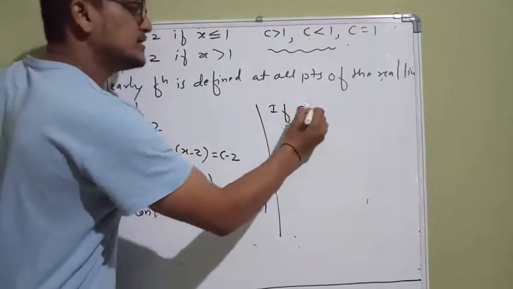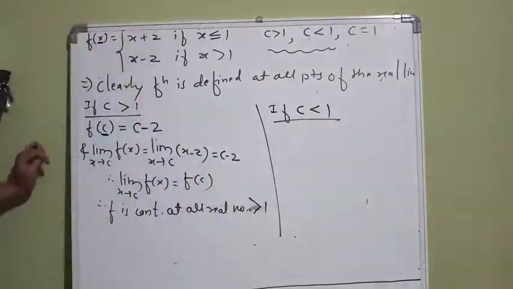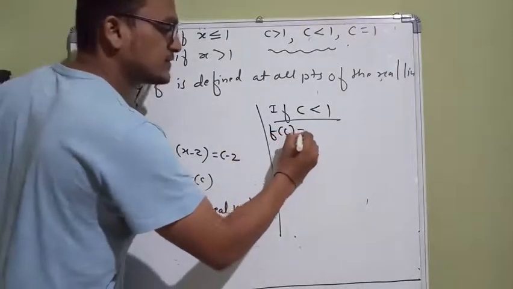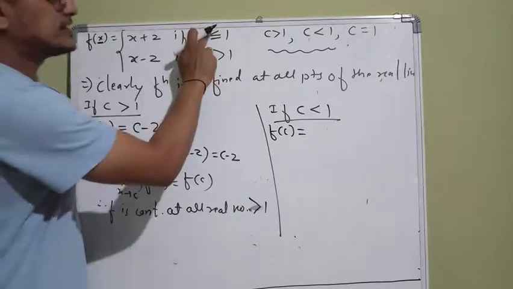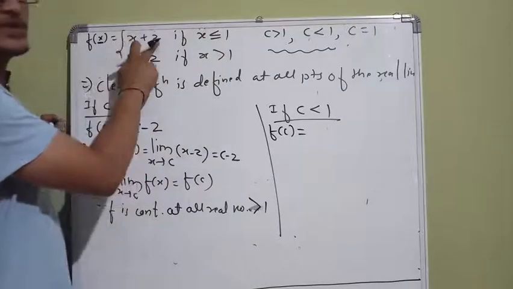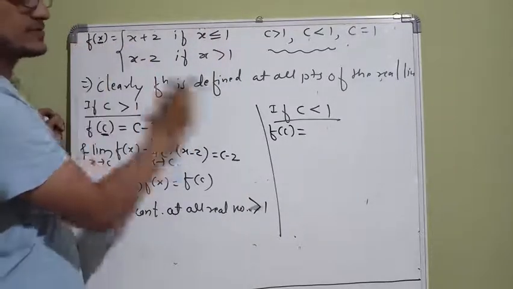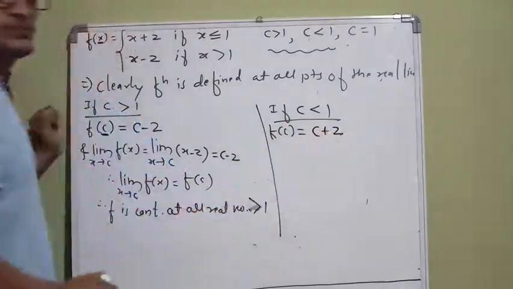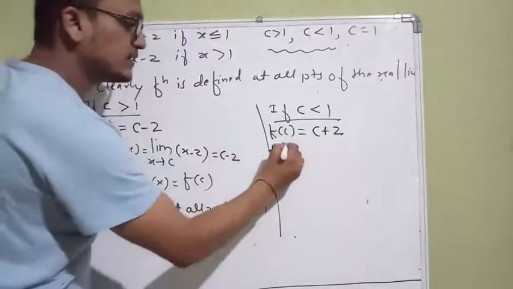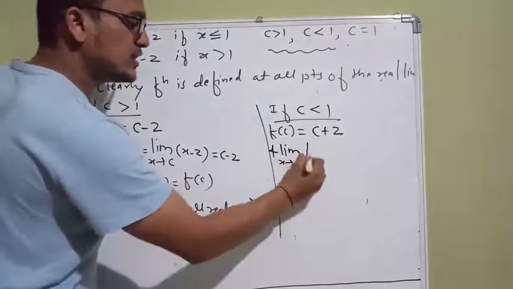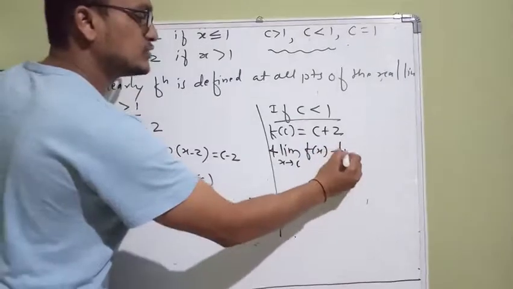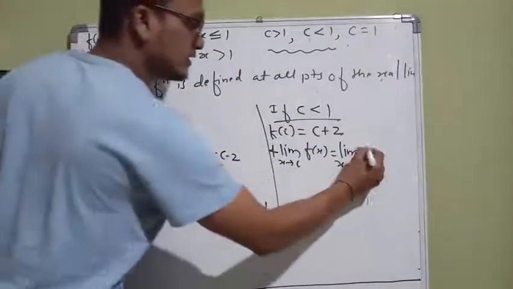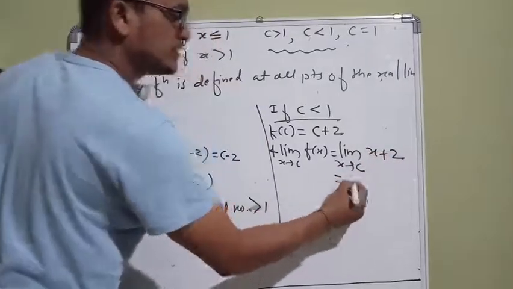If c is less than 1, so first you have to calculate f of c. Now for less than 1, your function is what? x plus 2, but in the place of x I am having c, so your function will become c plus 2. And you have to check the limit now. Limit x tends to c, f of x is equal to limit x tends to c, where f of x is what? x plus 2, so which is equal to,